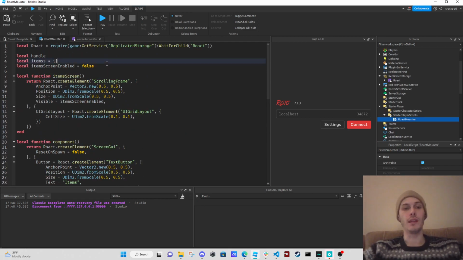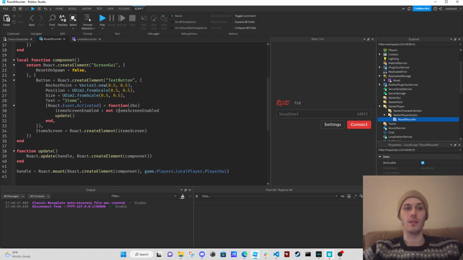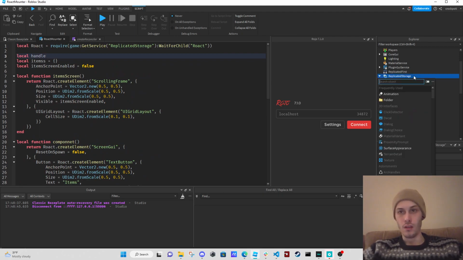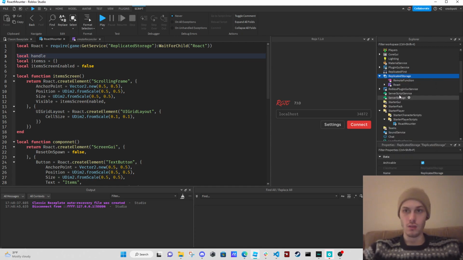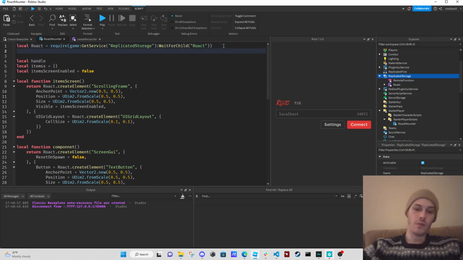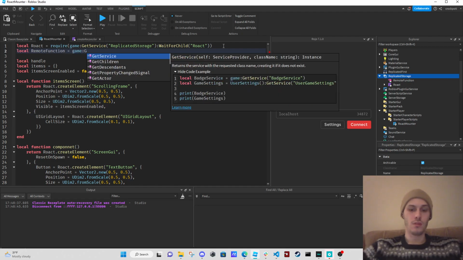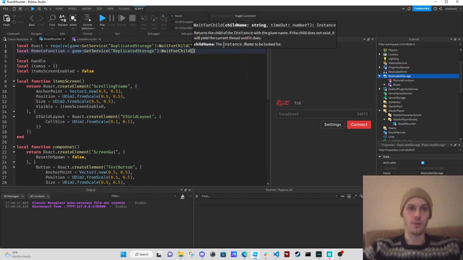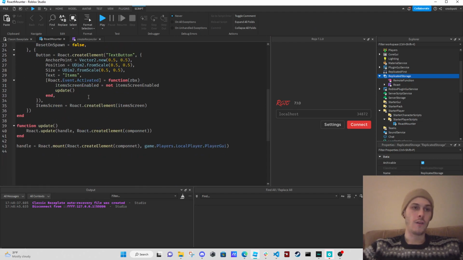And then how are we going to get our items? Let's say that we have our items on the server. We do not want to store them on the client here. So what we can do for that is create a remote function. Local remote function equals game get service replicated storage wait for child remote function. Then we can say